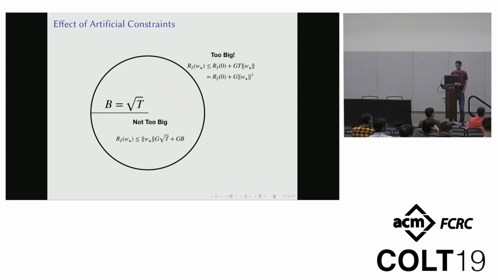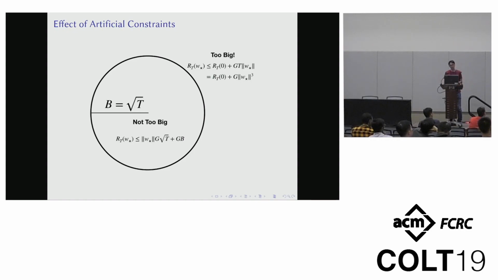All right, so for this, I have a picture proof of what's going on. There are two possibilities. Either the norm of w star is less than b, so it's inside the circle, or it's not. If it's inside the circle, everything is okay, because we can use the regret bound that we had before, since w star is inside the range that I'm exploring. Because b is square root of t, it'll be order square root of t, and we'll have an extra plus 1, which is what I mentioned before. This is why you might consider a cube root of t, so you can perhaps get rid of the plus 1. If w star is too big, we're just going to give up on it.